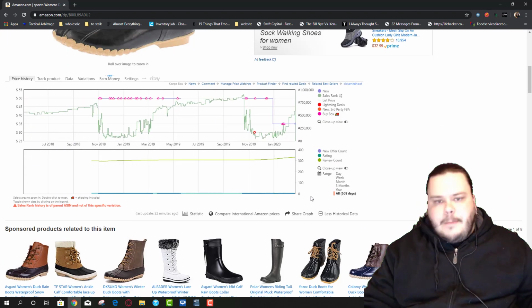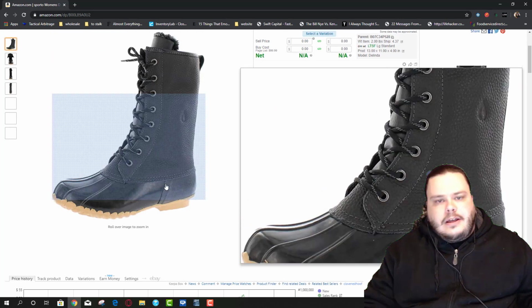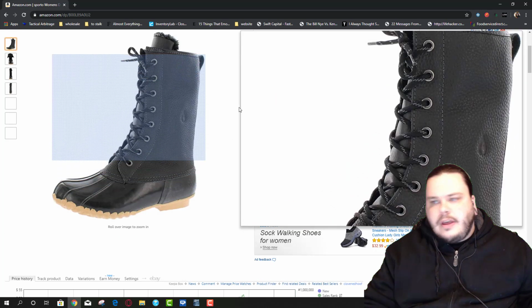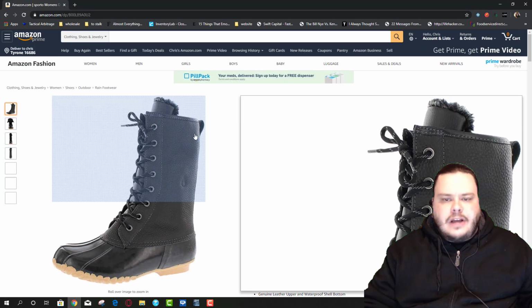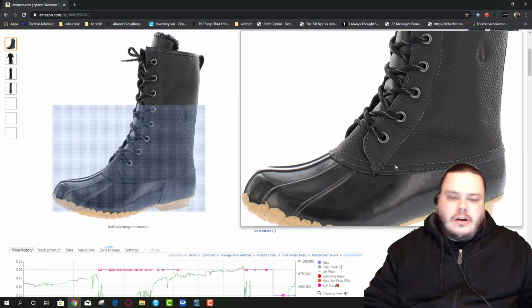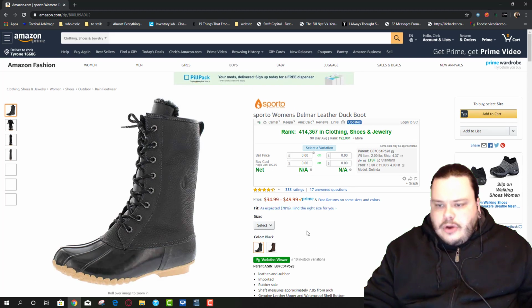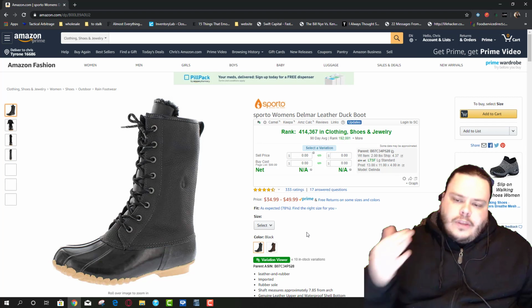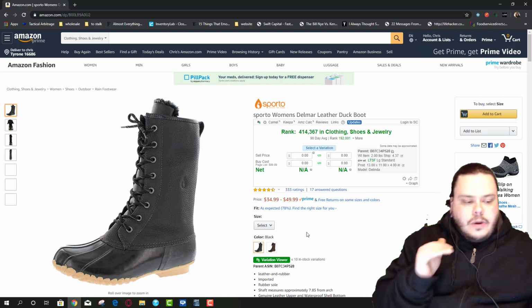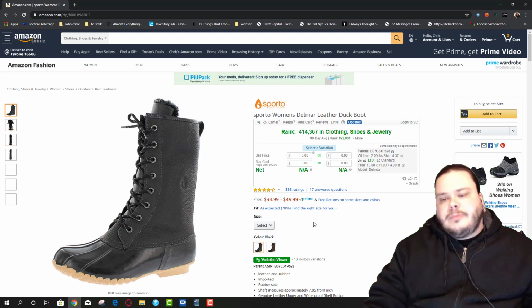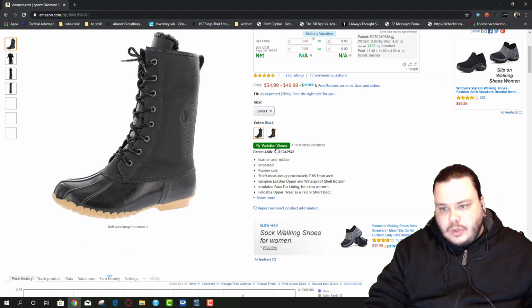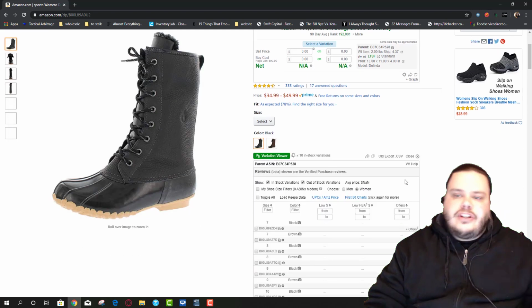I bought these from Peebles. I paid about $8 or $12 actually a pair on them. So when I'm looking at a shoe or any clothing item, what I like to look at is the average price on it. Right off the bat, we can use the variation viewer.